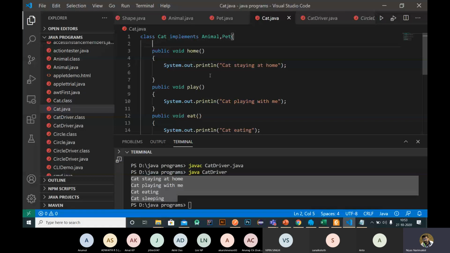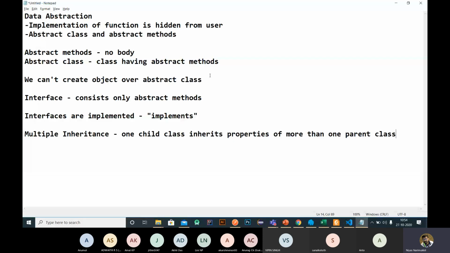So we discussed these three: data abstraction, abstract methods, abstract class, the implements keyword, and how to implement multiple interfaces, multiple inheritance, with the help of interface. Okay. So by default, multiple inheritance is not supported in Java, but as a workaround, we can use interface to implement multiple inheritance.